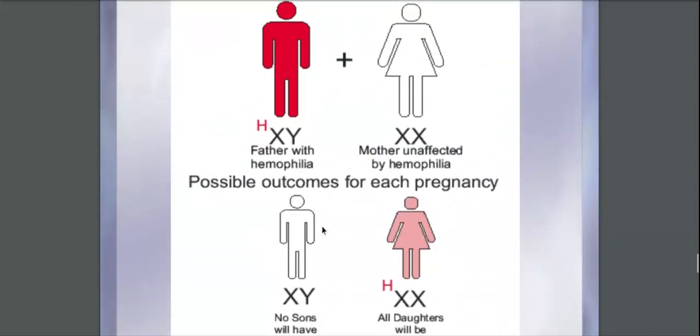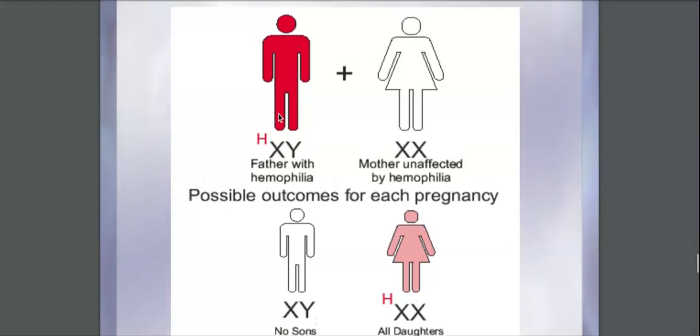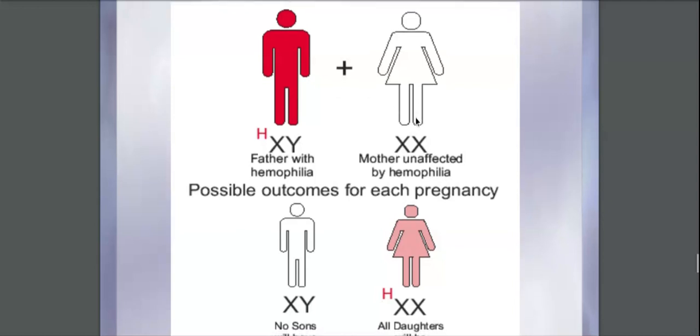So here you can see that you have a father, he is hemophilic. Now to remember here is I said that the chances of a person having a long life and actually reaching the age of reproduction is very rare. So for a father to be hemophilic and to bear children is very rare, because men will not live that long if they are hemophilic. They usually die young. But suppose by chance you have a hemophilic man and a normal mother.